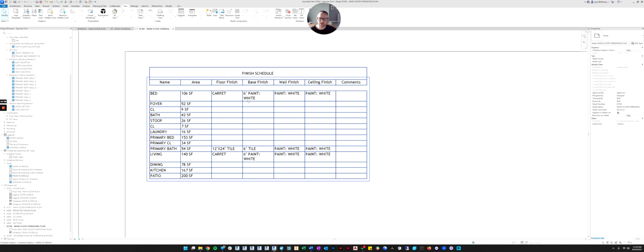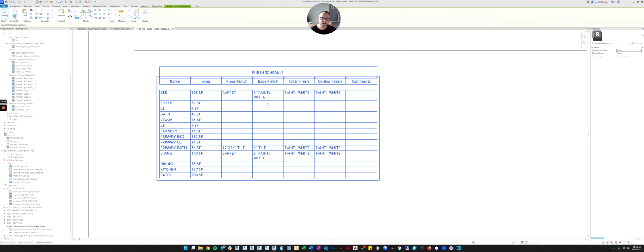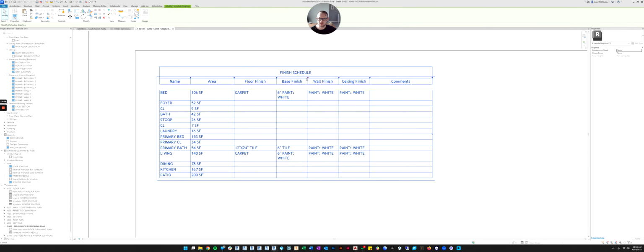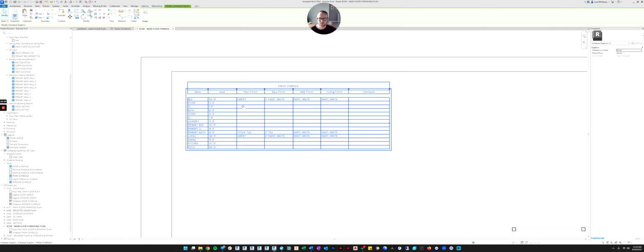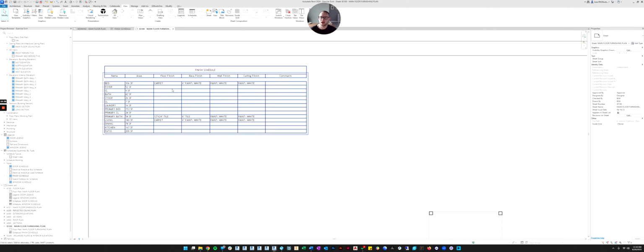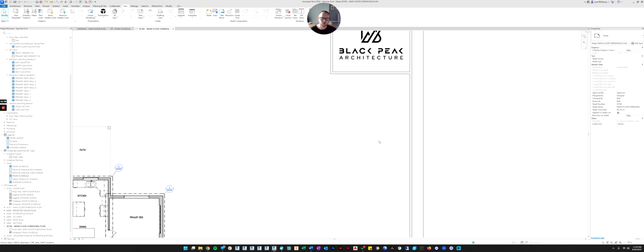And again, you can type in here whatever you want. Like this column looks like it's a little crammed. This is another thing I haven't taught you before. You can always come up here and get these little arrows, and if you want to make a column bigger, you can make the columns bigger. So if you want to type out a long thing for each room, you can be as detailed or as non-detailed as you want. In my floor plans, I use abbreviations in the schedule, and then I put a legend. I create a legend over to the side that's just text that shows the abbreviation and then what it means.